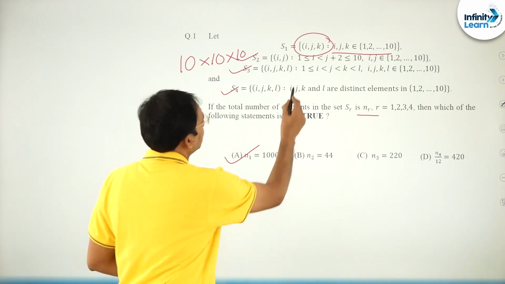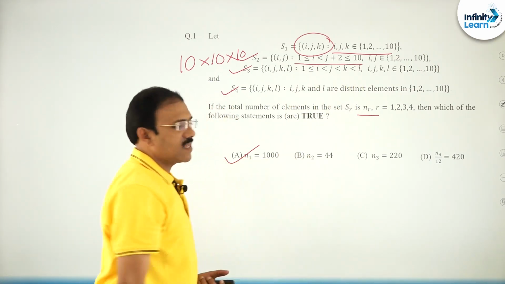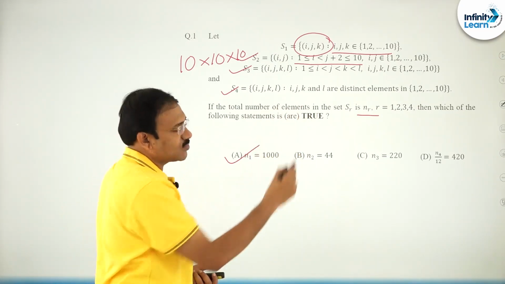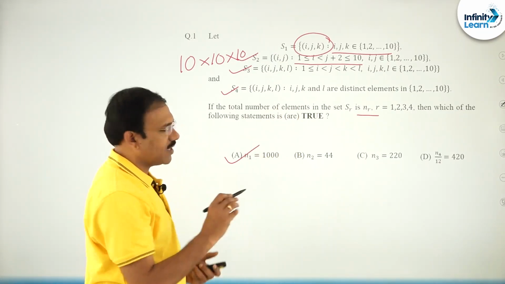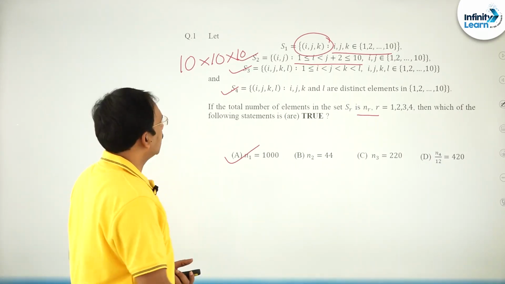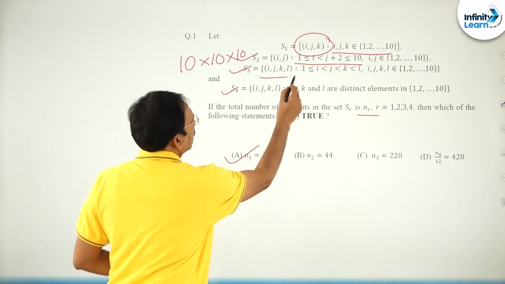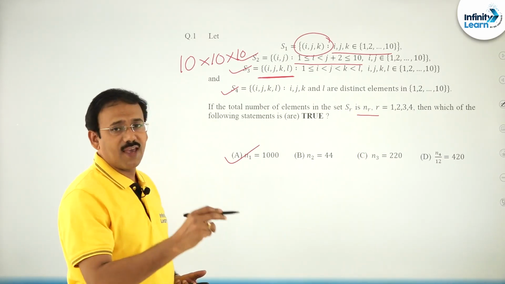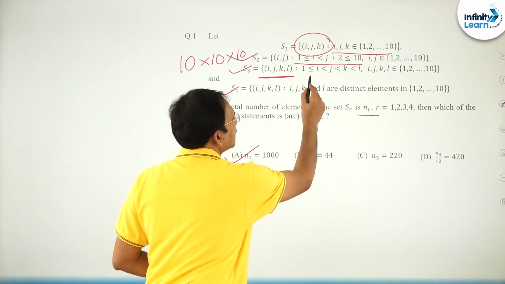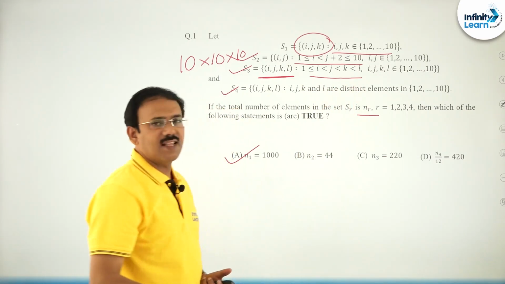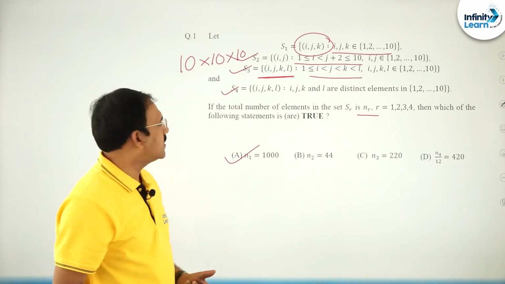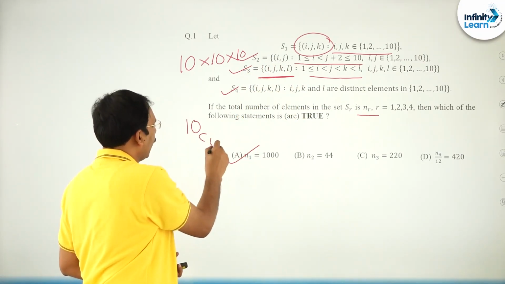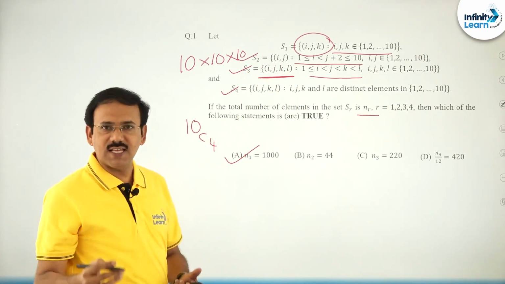Then the second option is a bit tricky. He is saying 1 less than or equal to I less than j plus 2 less than or equal to 10. Let it be there. Let us go to the third option. Here it is not a triplet, it is a 4-tuple, that is I, j, k, l, where I less than j less than k less than l. Friends, it is very simple. Out of the 10 elements you select any 4. 10C4 ways you can select.